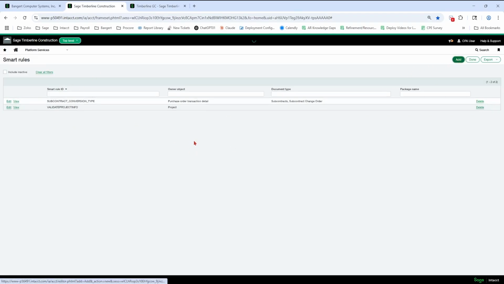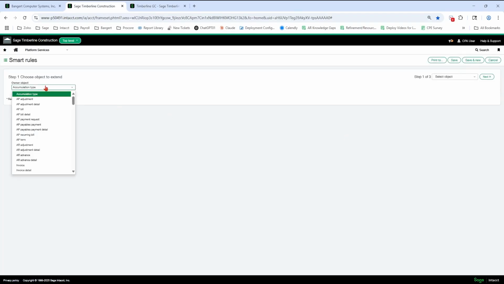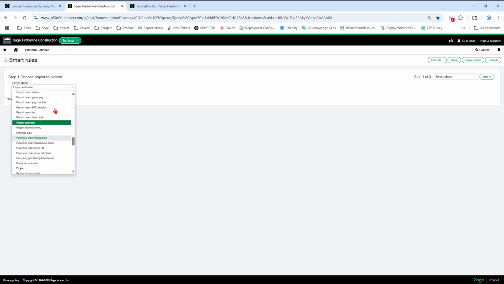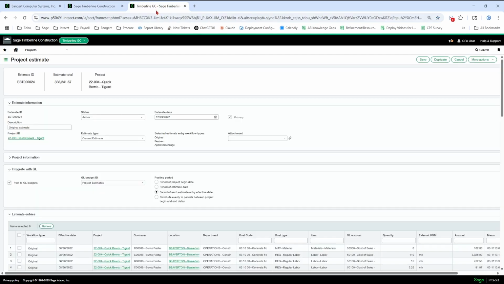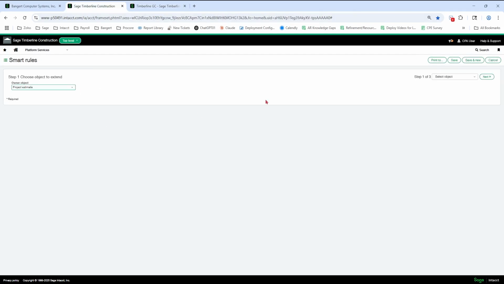So I'm going to pick project estimate. This is going to be what's going to be similar in your environment. So project estimate, that's the header. Project estimate entry is the lines. So right here, that's this bottom part. Okay. So we're going to work on the top part here and have your project estimate header